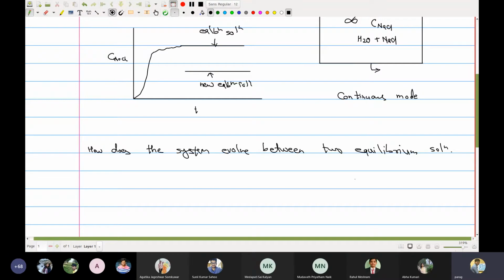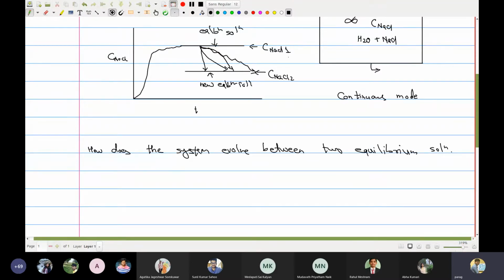There were a lot of gauges which would tell you the concentration, the flow rate, and so on. You are expecting a concentration of C_NaCl1 in your gauge, and then suddenly you come next day and find out that the concentration has dropped from C_NaCl1 to C_NaCl2. Now what you would like to know is the behavior between these, which means: did it come like this, or like this, or like this, and so on?